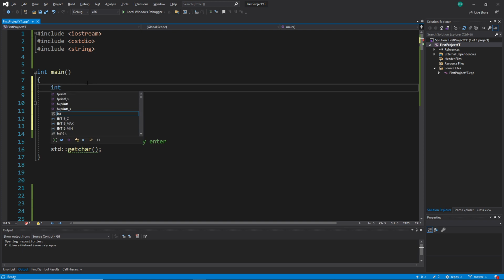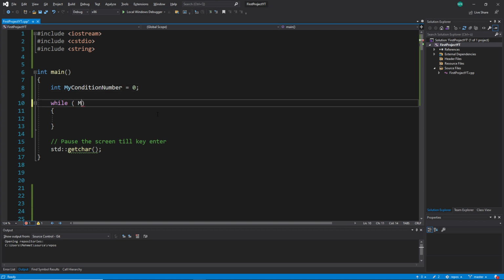We create a variable, for example int my condition number, and I initialize it with 0. Then I use my condition number here. As long as my condition number, I use a comparison. As long as my condition number is less than, let's say, 10, so I want to loop it 10 times,